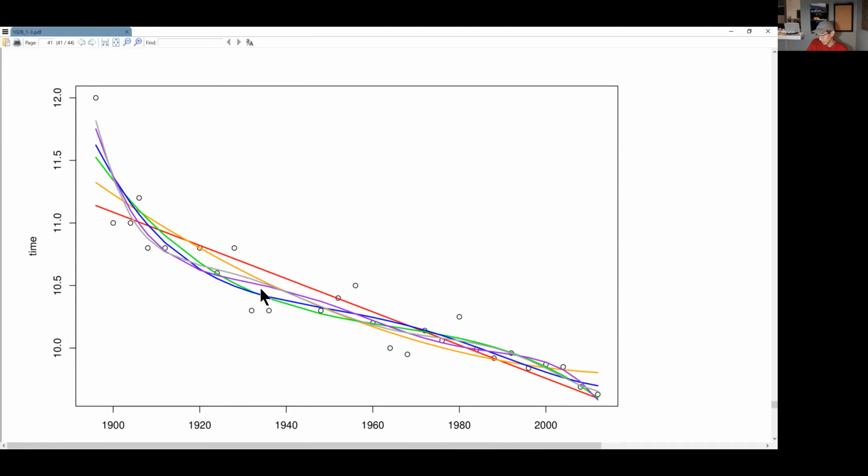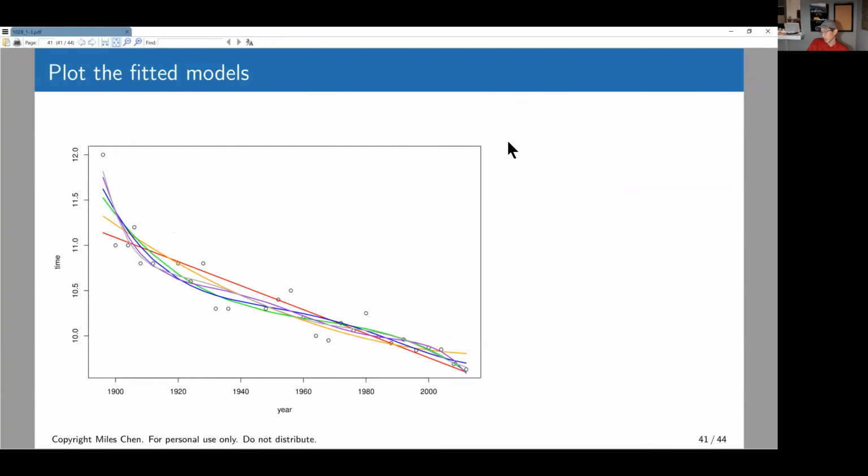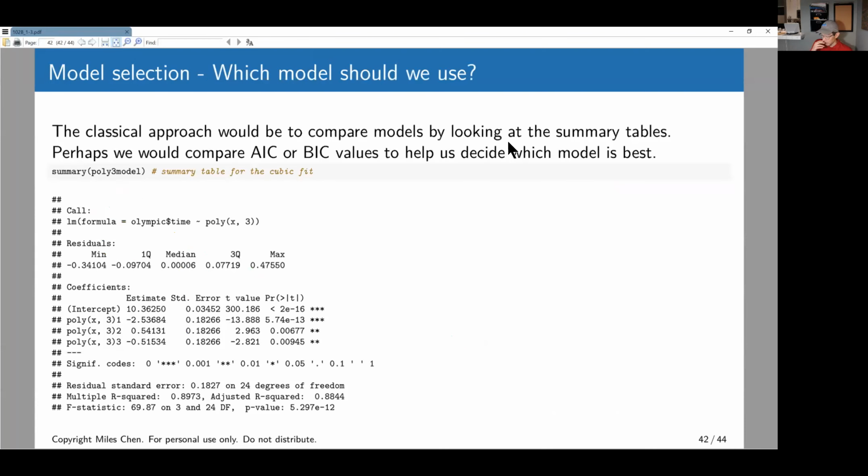And how does it fit everything else in here, because there's a bit of jitter. It's hard to know. Okay, so which of these does the best job? That's the question that we want to answer: which one do we want to fit? In 101A, your traditional approach would be to look at the summary table and compare